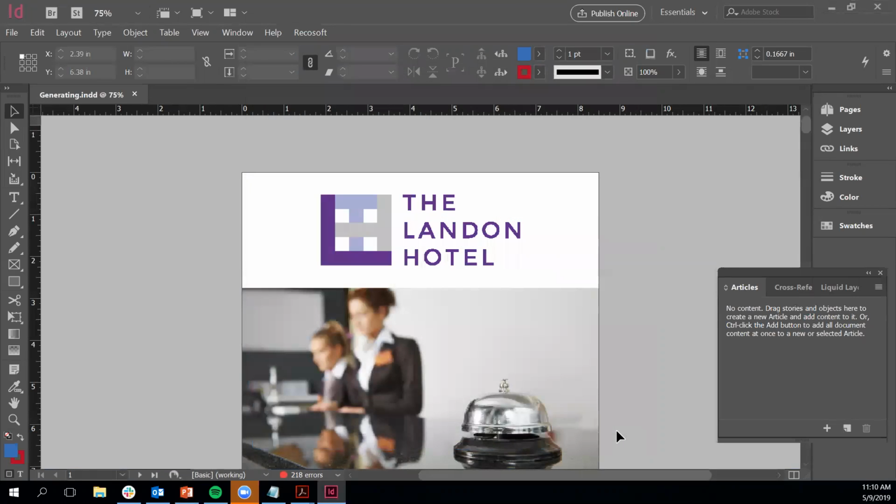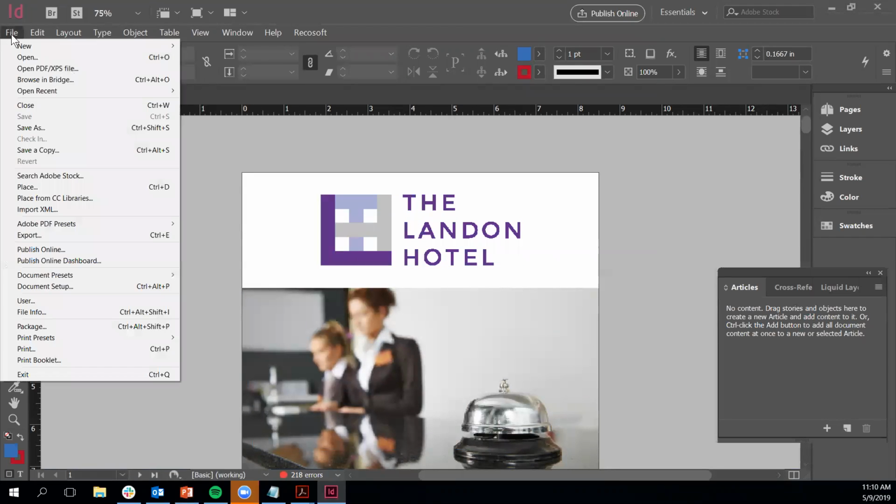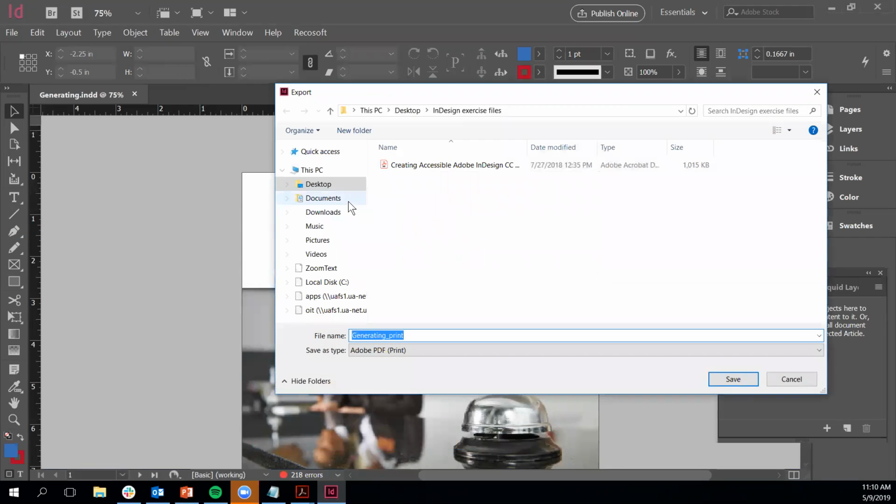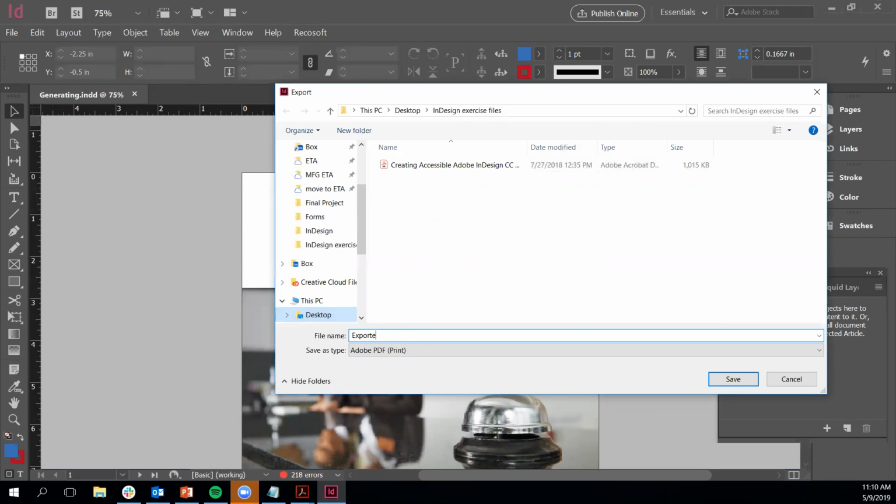And instead of using the print menu or the print function, we're going to go to the File menu and this time choose Export instead. I'm going to save this file. I'm just going to call it Exported. Looking at the Save As type in the Export dialog menu, we've got a couple different choices here. We can create an accessible PDF using Adobe PDF Print, which is currently selected,